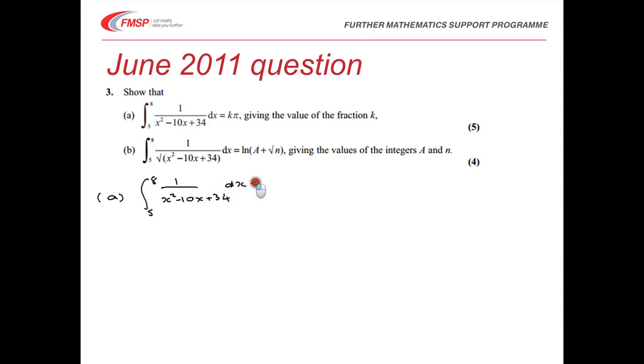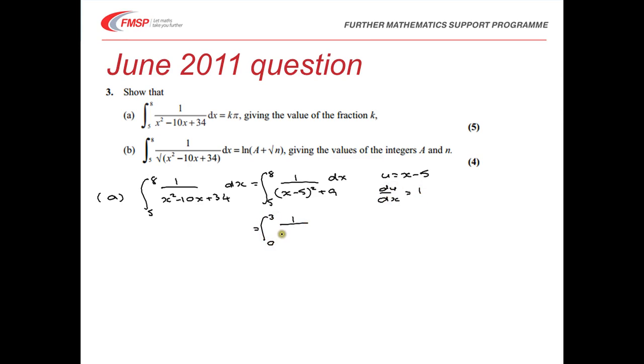And what we're going to do here is we notice that this doesn't factorise. In fact, it hasn't got real roots at all. So we're going to complete the square in the denominator. This is the quadratic in the denominator. So that will give us x minus 5 squared, which of course will give us a plus 25, so we need another 9 to make that up to 34. So we get this, and again I will emphasise what's going on here by using a substitution. It's u equals x minus 5, du by dx is 1,